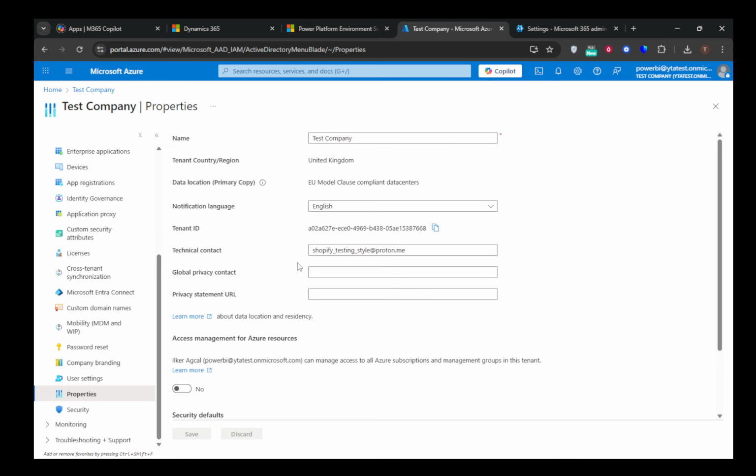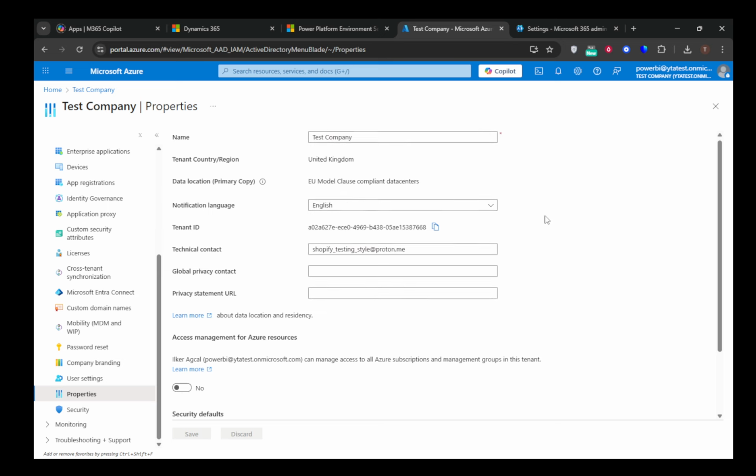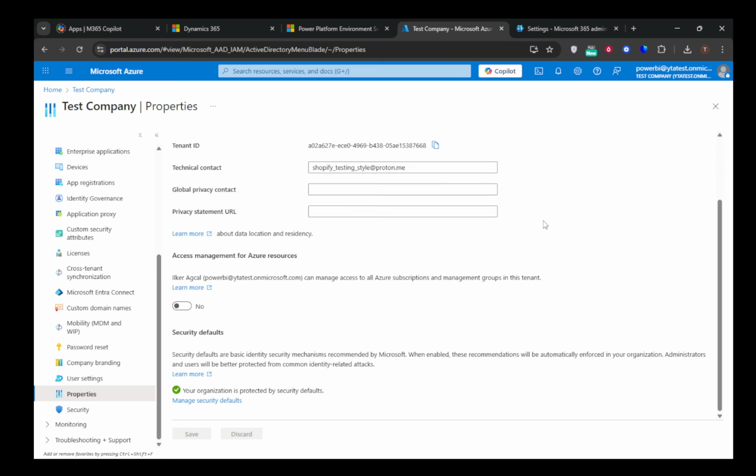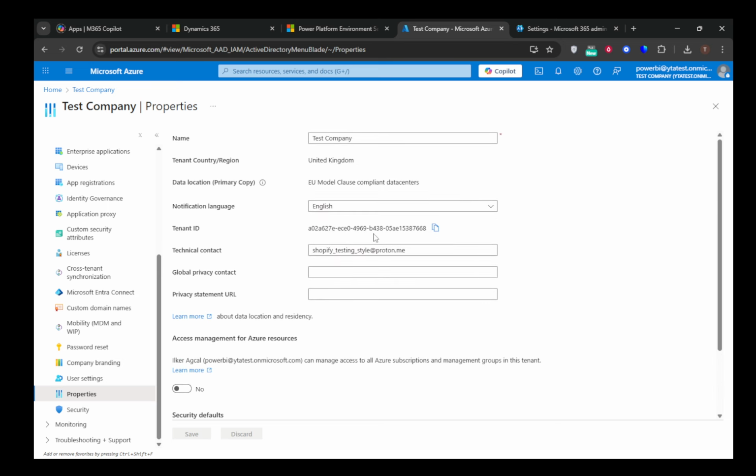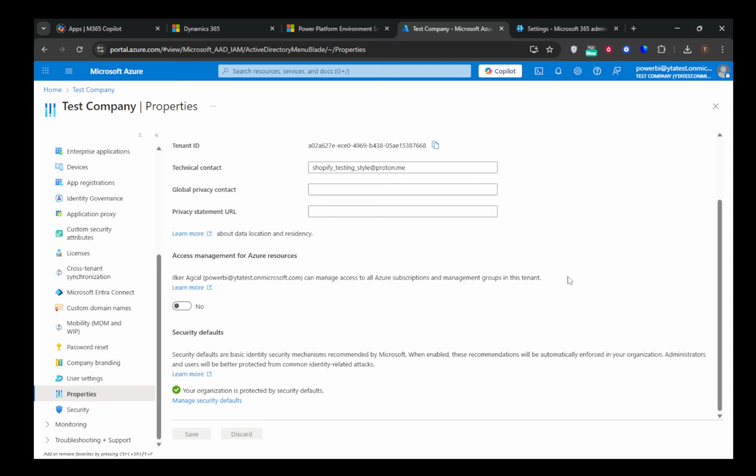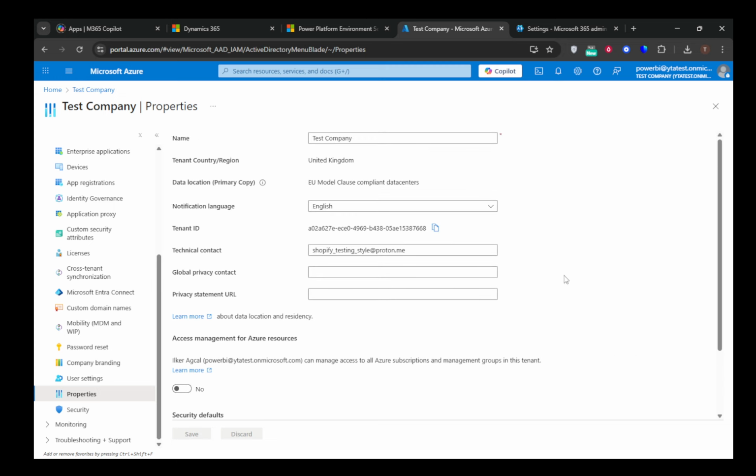As you scan through this section, one of the elements you'll notice is labeled either Directory ID or, more commonly, Tenant ID. It's presented as a GUID, a globally unique identifier. Think of it as an intricate ensemble of numbers and letters formatted in a way that's standard across all Active Directory setups. This identifier, though it might look like a random sequence at first glance, is fundamentally important as it